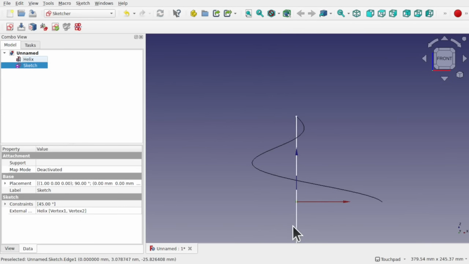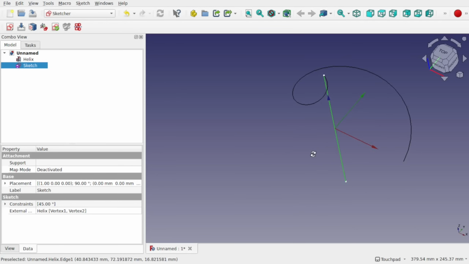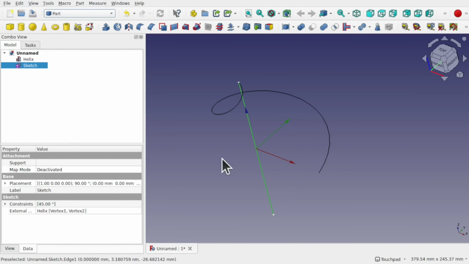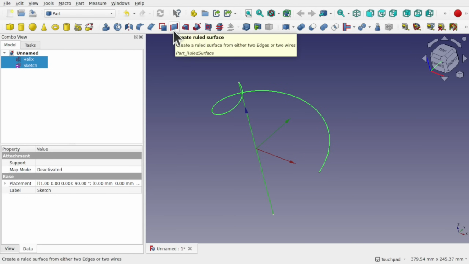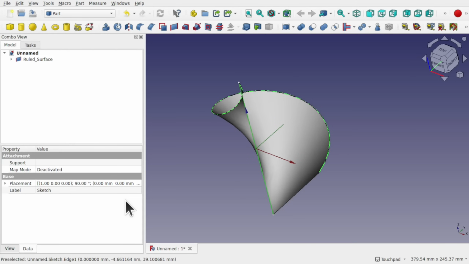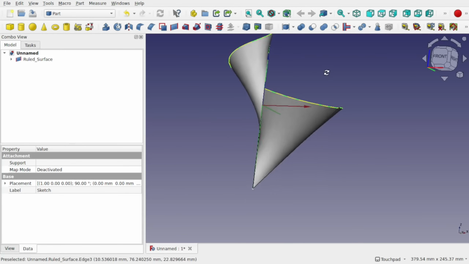As you can see, we have the sketch line and our helix. We look at this from an angle, we can see what's happening. To make the blade surface, we'll use a ruled surface. Let's come over to the part workbench, and then we'll select the sketch edge, and then control select the helix, come up to the top, and click on create ruled surface, or part create ruled surface. So what we've done is we've created a ruled surface across there, and this is one part of the blade,